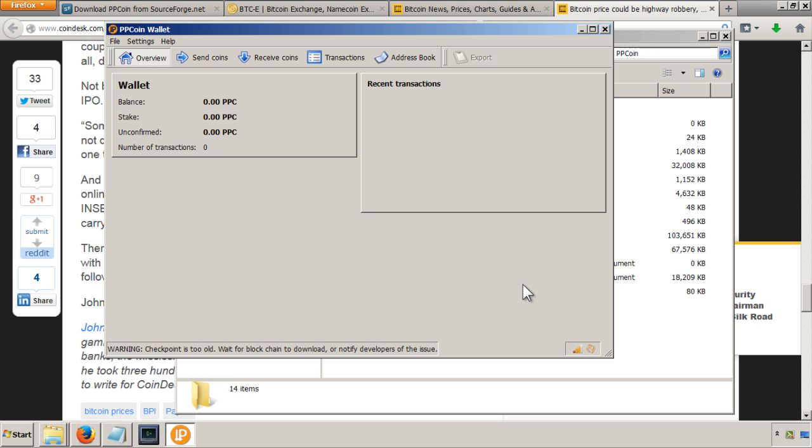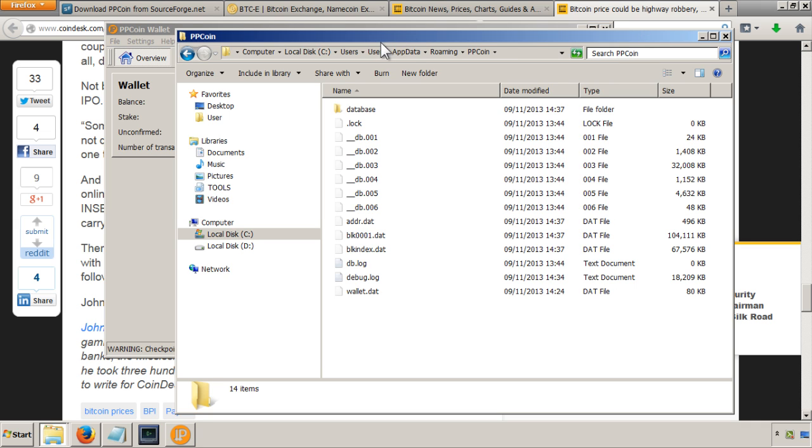Okay, so I just thought I'd update on what's going on with my client at the moment. If I scroll over here, you can see that there's only 25 days of block transaction history left to download, and it's 94% done. So I just thought I'd show you, if you go to your user directory on your computer, in my case my user is actually called user, so it's C, Users, user, and then there's an AppData folder.